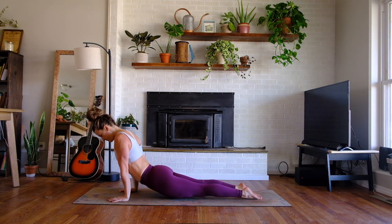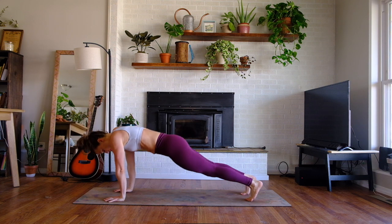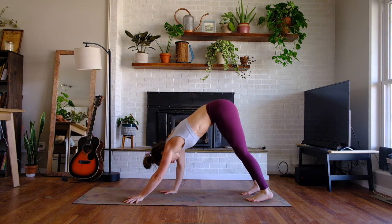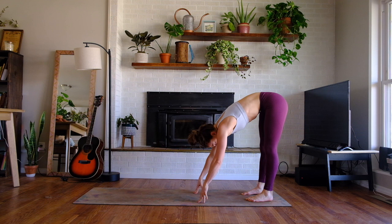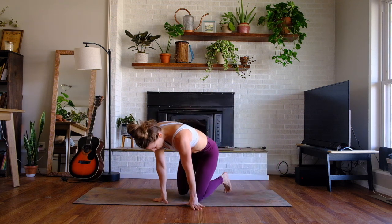Good. And lower all the way down. Tuck your toes, push up through plank pose, walk to your forward fold. Now from here, I'm gonna turn to face you, but you stay where you are,